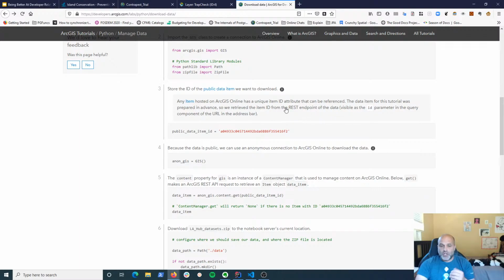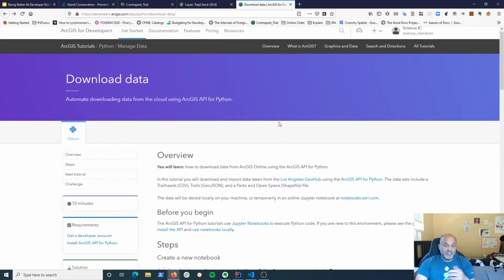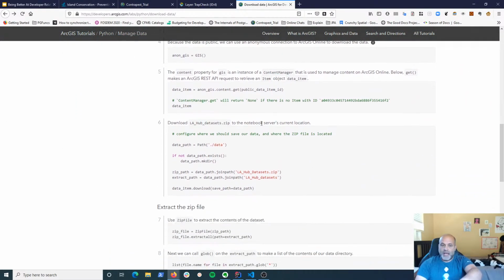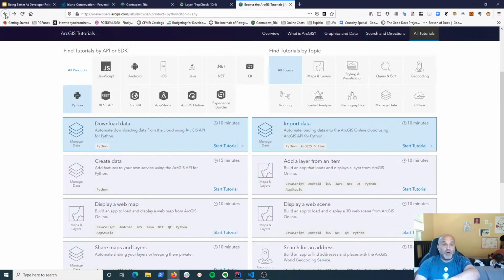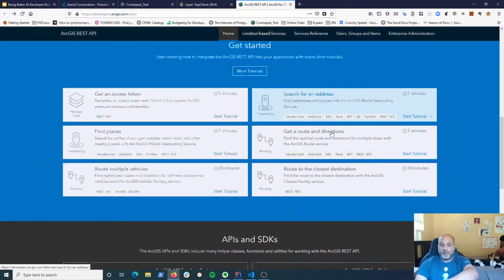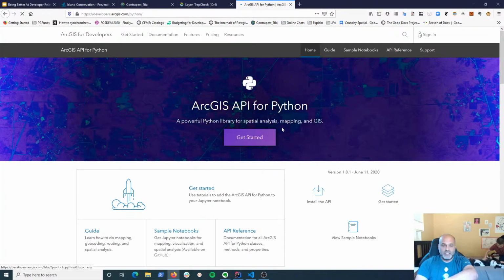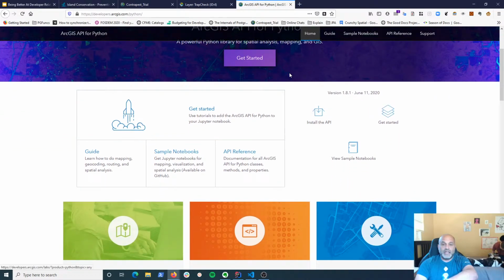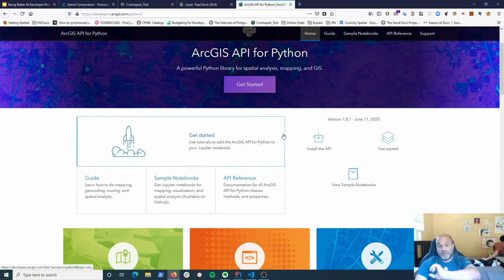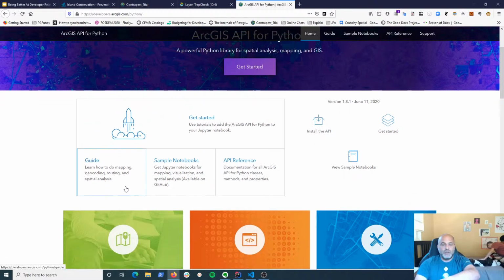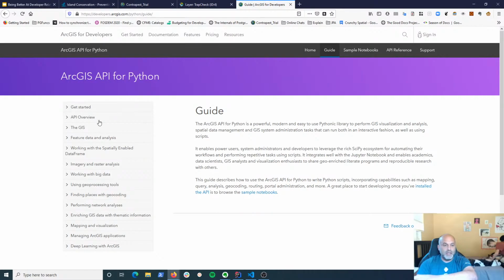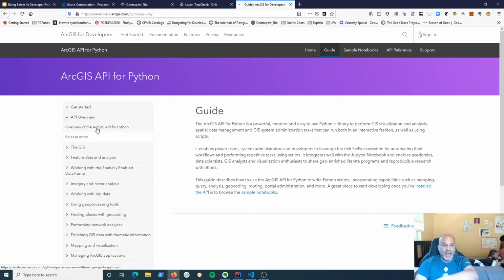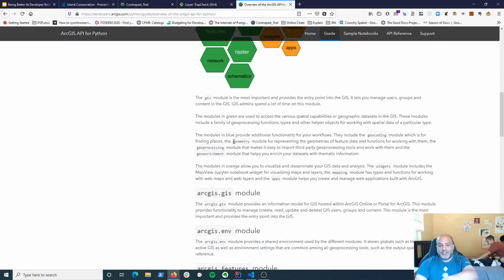Let's see, okay. So I guess we have to go to the REST endpoint of the data. This is not what I actually did, right? I didn't click the getting started up there on top. What I did was, as a Python developer, I knew I wanted the Python SDK. I skipped the getting started button right away, which was my fault, okay? But I said, oh, a guide, let's learn how to download your data, right? And so, okay, API overview, I start looking at that. Architecture of the API, blah, blah, blah.